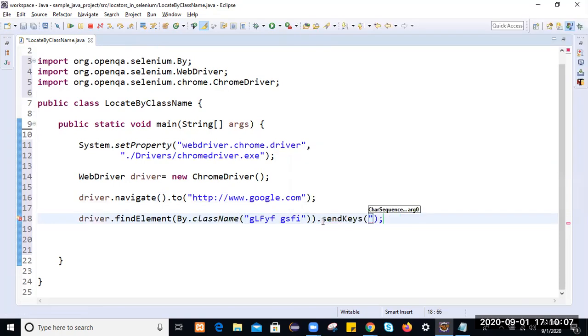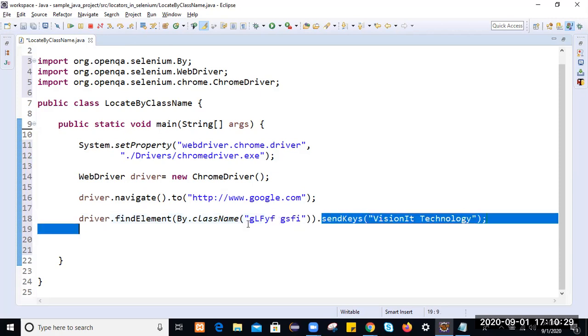To perform a type operation in Selenium, we use the sendKeys method. I will search for IT technology. If Selenium recognizes the web element whose class name is equal to this, then we can perform the type operation. Otherwise, we will get a no such element exception.